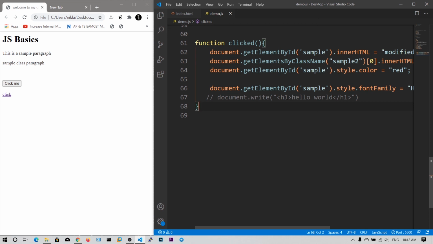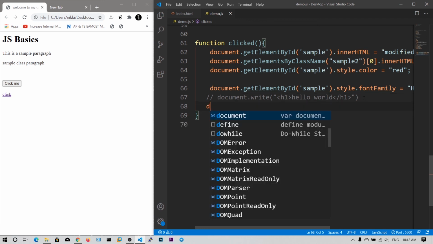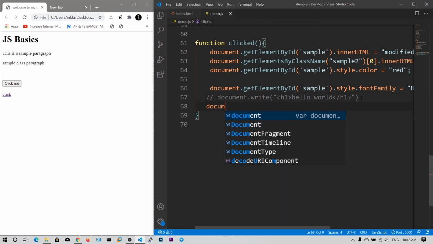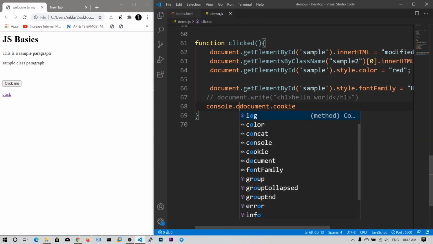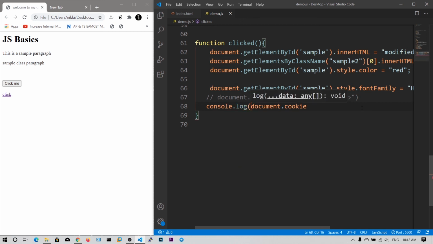And I want to show you another one called document.cookie. I think our HTML does not contain that one. So this document.cookie contains the cookies of that particular session in that website.